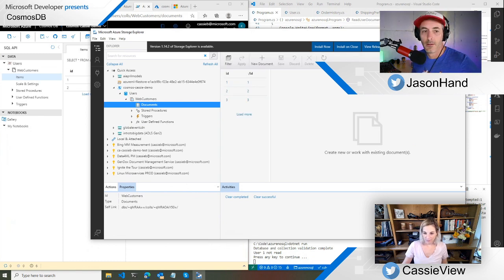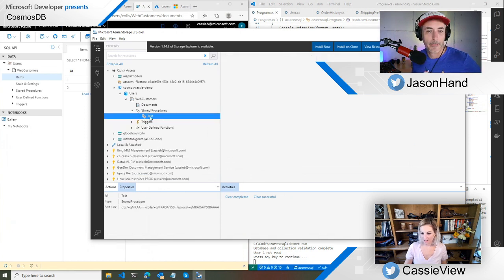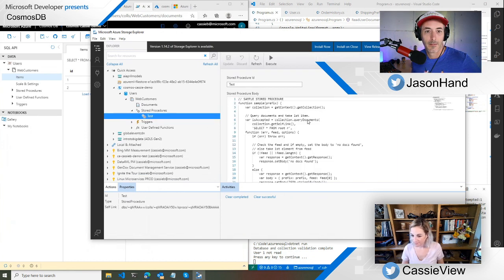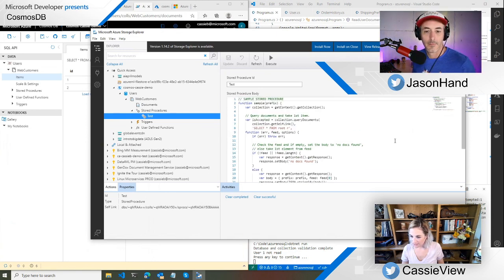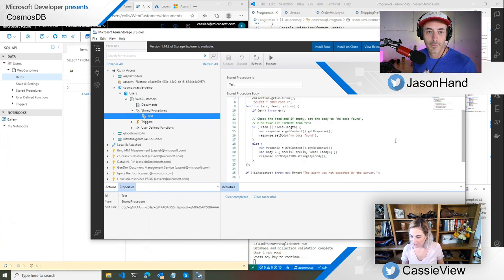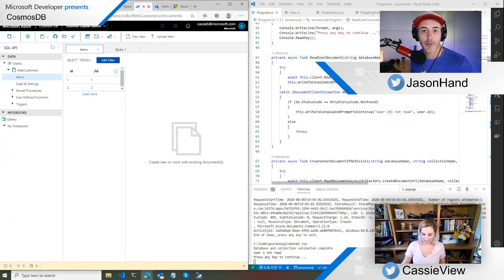Actually, I want to click on the stored procedure thing too. It's like create stored procedure. What is this experience like? Is it going to give me an editor? Sweet. So it gets the collection. Very cool. Nifty. And it looks like not a new version too. They're at the top in the banner.